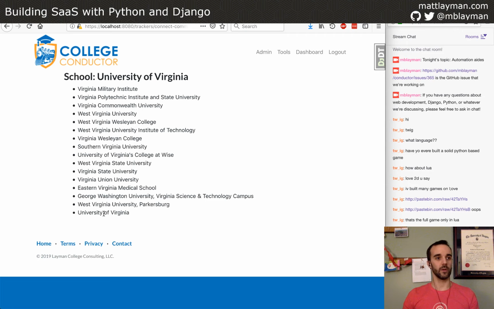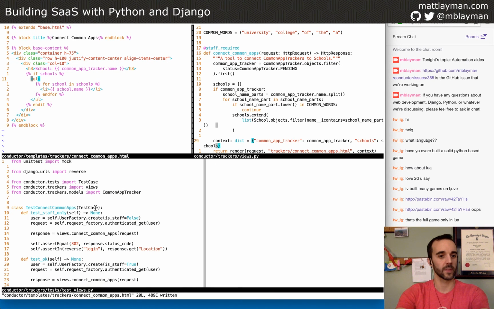And then on the other side, when we're getting the data out of the HTTP post request that is sent back to the view, we will extract the IDs from these schools, and I will then make the connection and save it to the database. That's the idea. So let's do that.